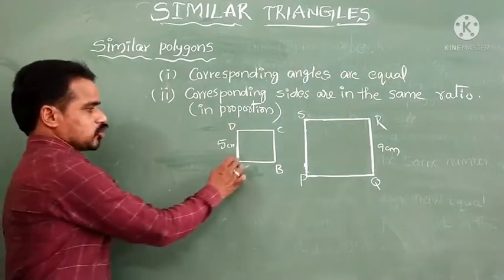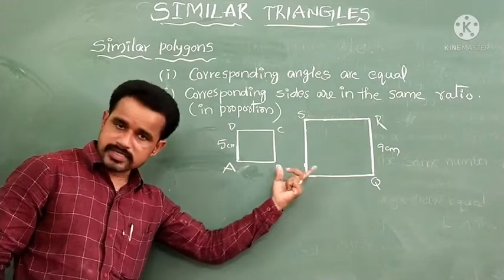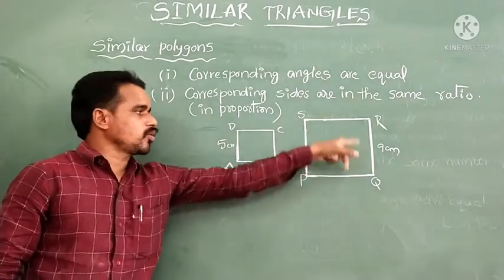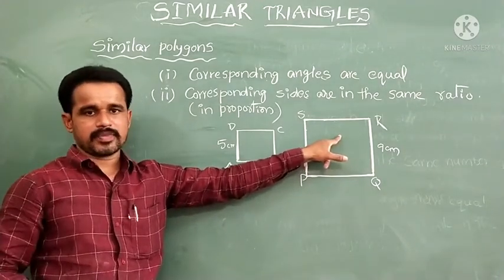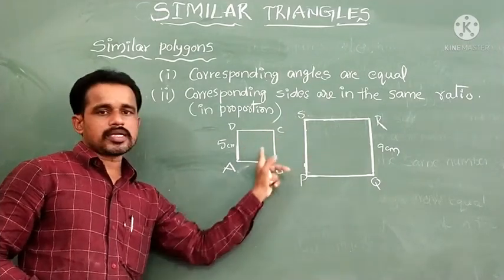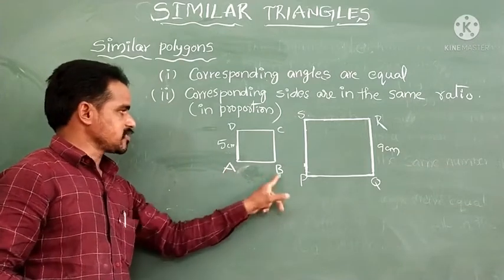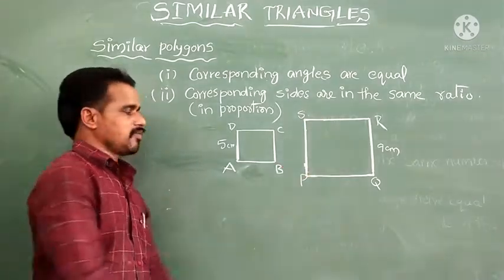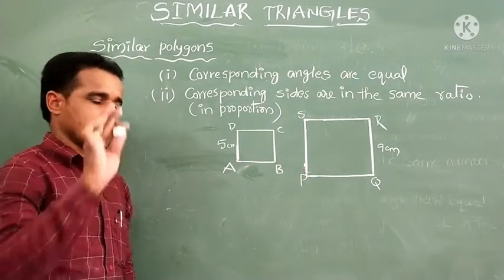Right. I am taking two polygons. Are these two polygons or not? Yes. Polygons. Closed figures formed by 4 line segments. I have taken two polygons. Am I right? I want to check whether these two polygons are similar or not. Name the polygons: square ABCD. This polygon is PQRS. I want to check whether these two are similar or not.